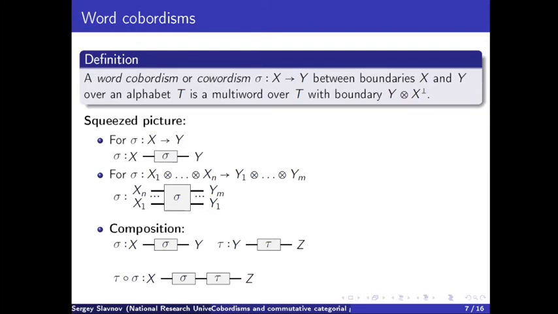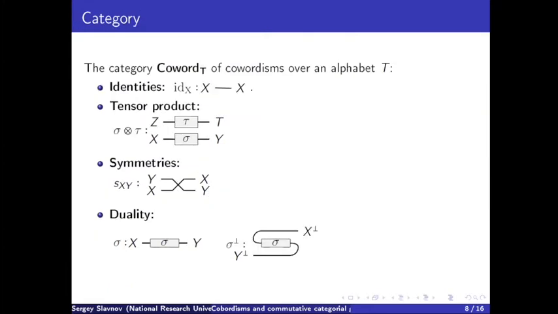And so this is an associative composition, and if we fix an alphabet T, we get a category, which I denote Cob sub T, which has a lot of structure shown in these pictures. So there are identities and tensor product, which is a disjoint union, and there are symmetries. So this is a symmetric monoidal category, and duality, which is a contravariant functor